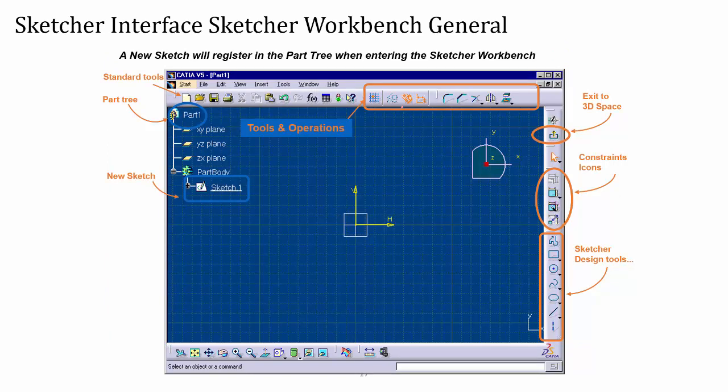Here you have the part tree. I have only one sketch, which is what is mentioned here. If I have 2 sketches, you will have sketch 2 here. Then you have tools at the top, and constraint icons to specify the dimensions. Then you have sketcher design tools for performing various sketches. In the exercise we'll tell you the details of how to use the tools.